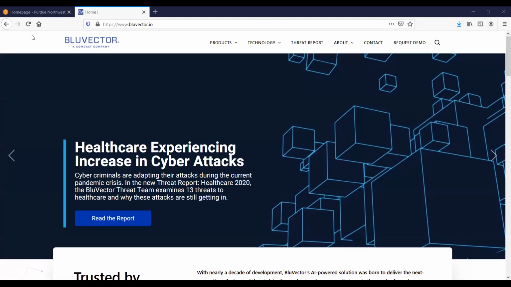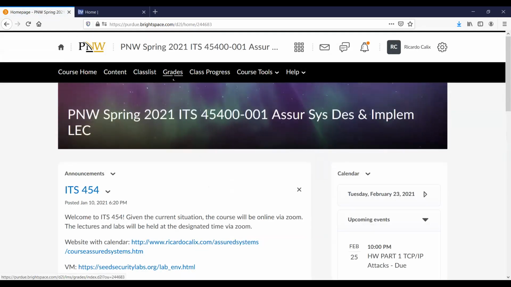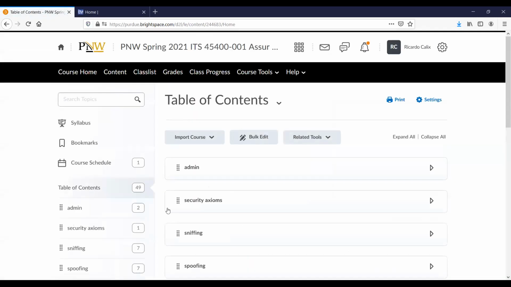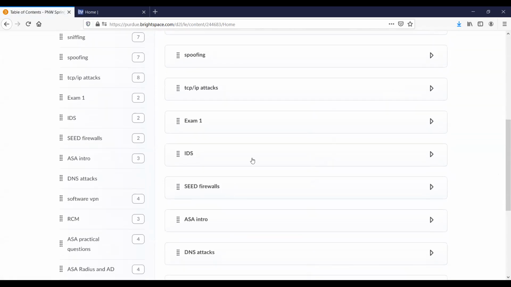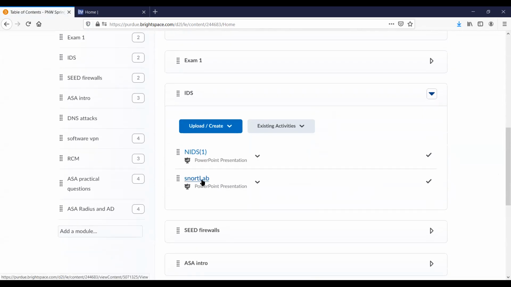So let me share. Let's go back to the Blue Vector page. Let's go to Content. All right, so at this point in the semester we are here, IDS, and I think we're covering these slides here. So this must be the lab then. This is the lab. So if I click on it,